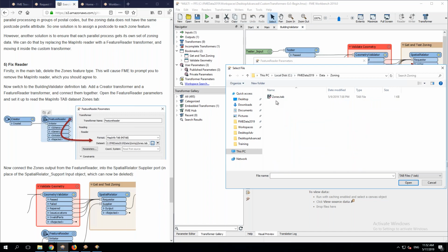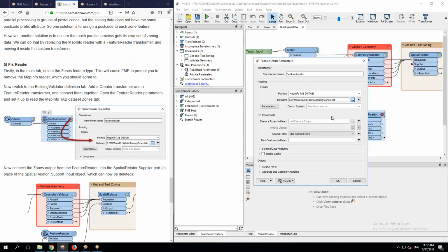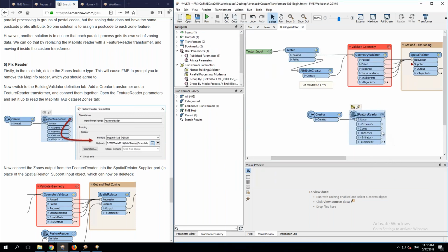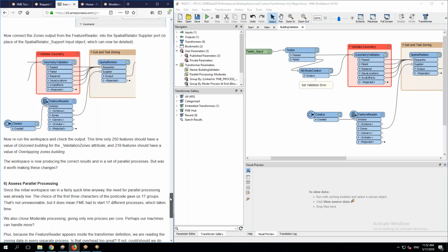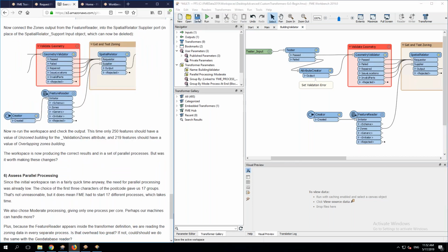So yeah, that's the key point to take from this, is that this data set didn't have the group by, therefore it didn't appear in all of the groups. Therefore, to solve that, we're going to make sure that every group reads it. Now that is on the one hand slowing things down a bit, because every process that gets started is reading that data in. So we're going to read that data in once for every group rather than just reading it in once for the whole workspace. So this is a reason we could say, actually, that might not be that fast,